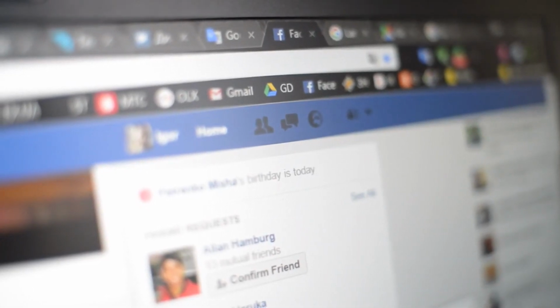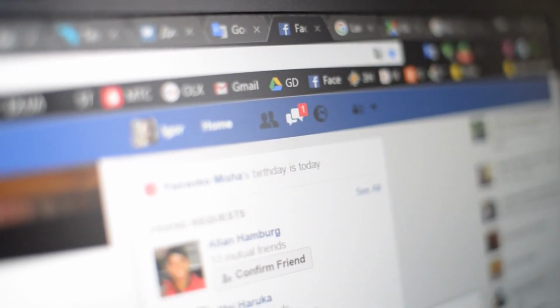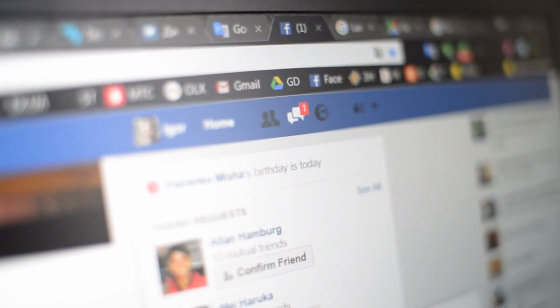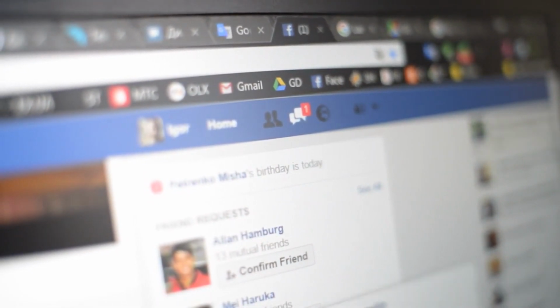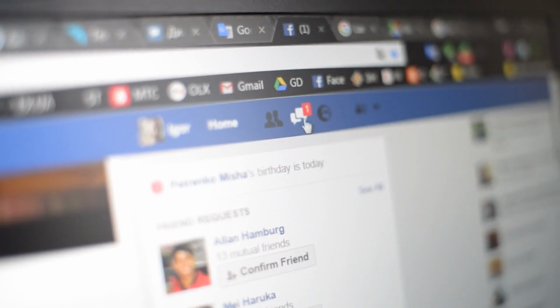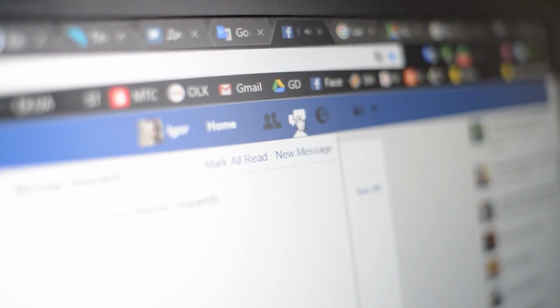Regularly audit friends and followers. Periodically review your friends and followers list on social media. Remove unknown or suspicious accounts to maintain a safer online environment. Be cautious about accepting friend requests from unfamiliar individuals.